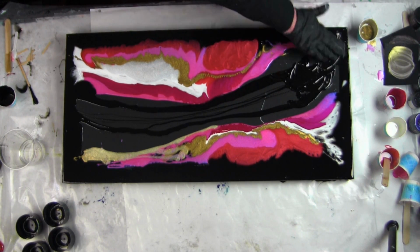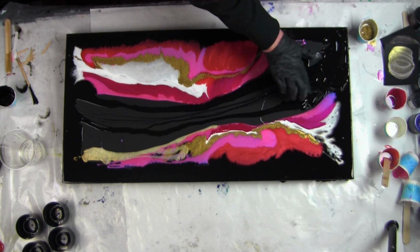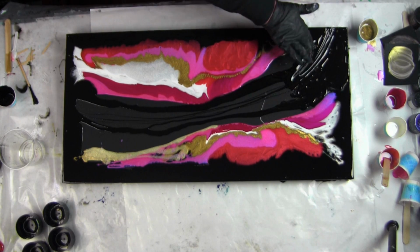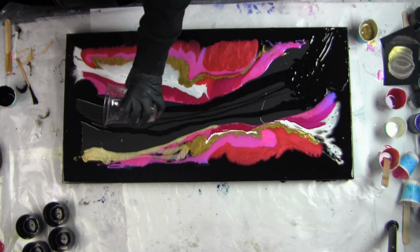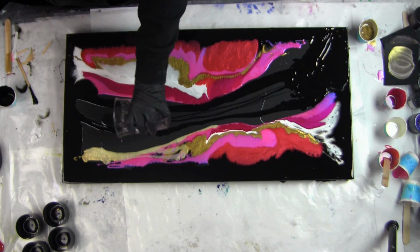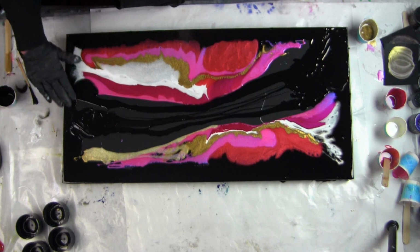Now comes the time to really move it around. I know I haven't heated up anything yet at all. I'm just trying to get all this resin down and even. I do have some clear I can add if I need to put a little tiny bit of lubrication in here to get it to move. I don't want too much, but